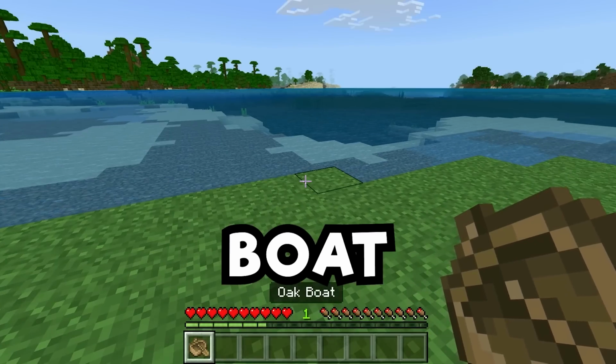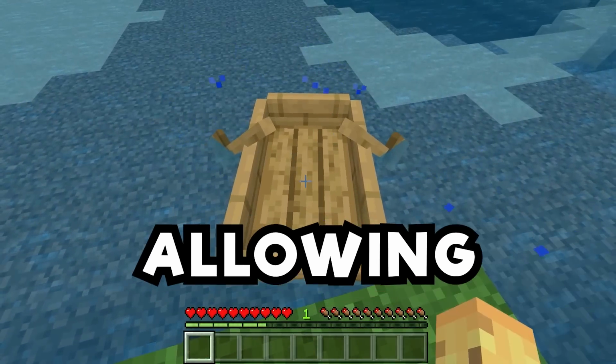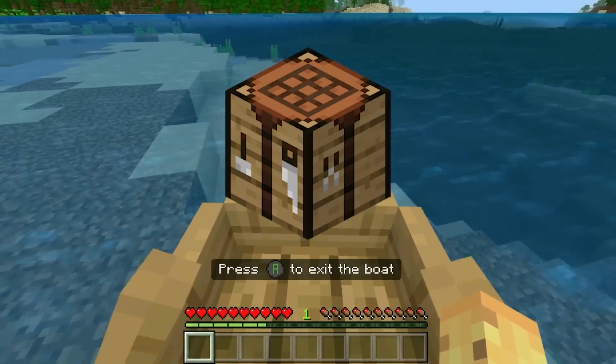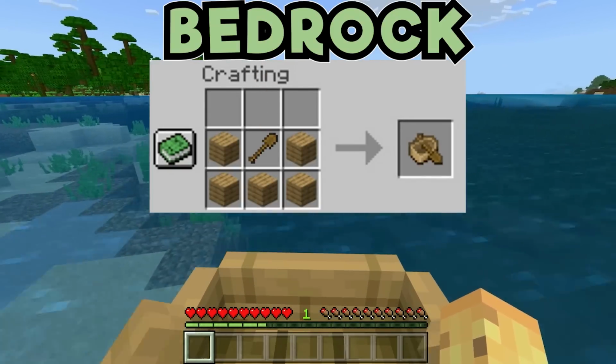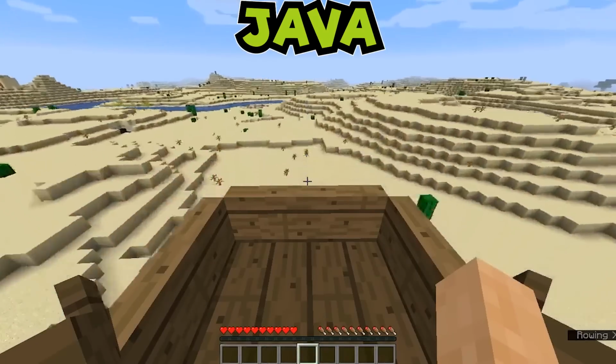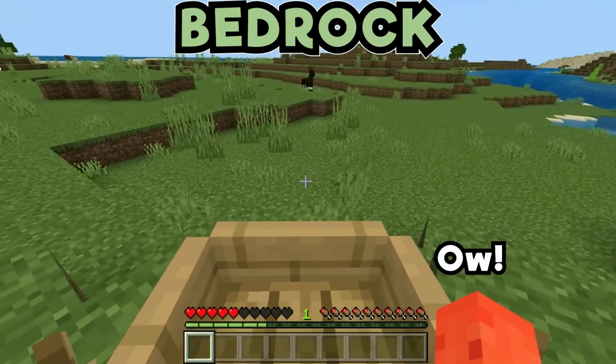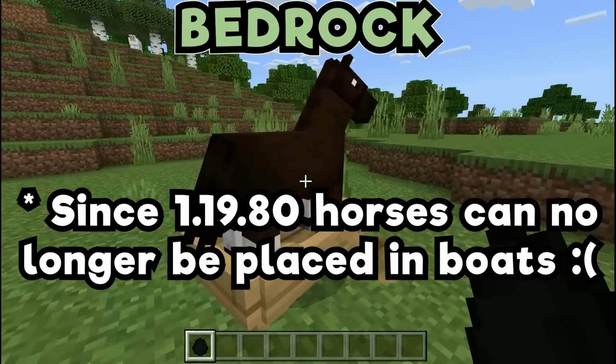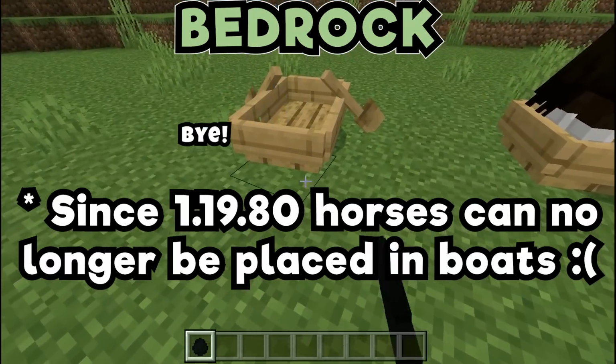This is a boat. It is one of the simplest items allowing you to float, except it's crafted like this on Java, while on Bedrock you'll need a shovel. On Java you'll take no fall damage while inside of it, but on Bedrock you do. While you can't put a horse in it on Java, on Bedrock the reverse is true for Enderman, and